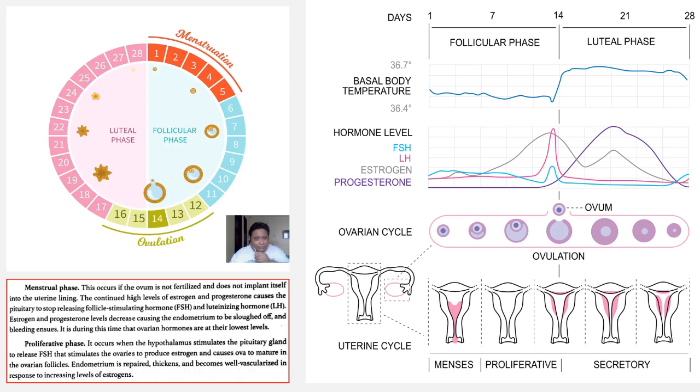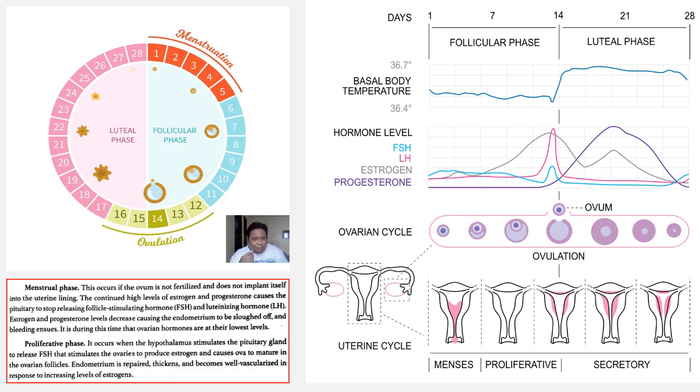In the safe period, days 6, 7, 8, 9, 10, 11. And from there comes the ovulation period. By day 12, 13, and even the 14th day, that is not already safe. So the proliferative phase occurs when the hypothalamus stimulates the pituitary gland to release FSH,